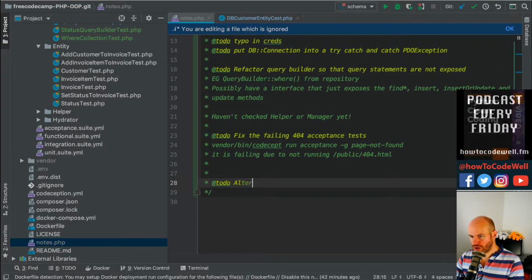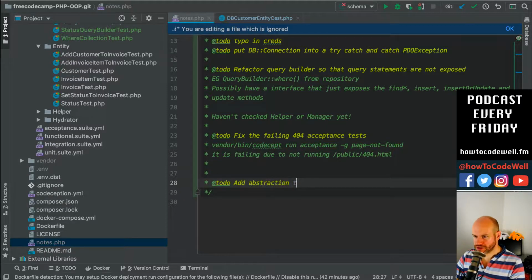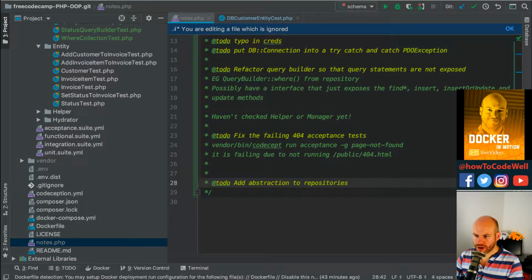I'm just going to do alter how or add abstraction to repositories. So add abstraction layer to repositories, for repositories,